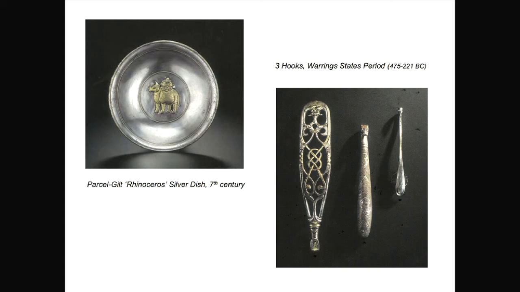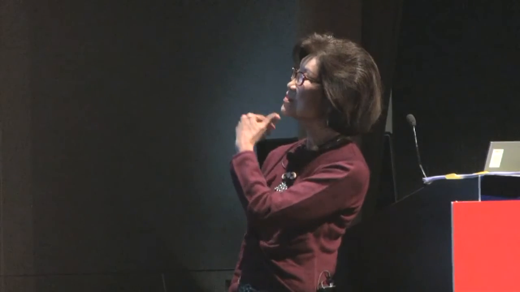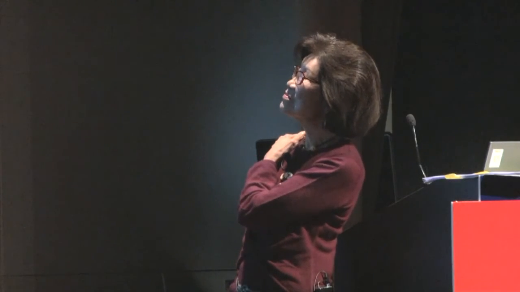White is akin to silver. So on the right, you have a silver dish inspired by a Middle East treatment and a center motif. And on the left is a silver hook from the 5th century BC. So this is very similar to this. I didn't know that they were doing it a long time ago.